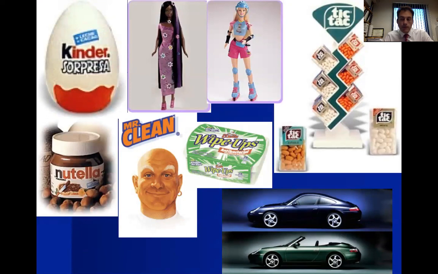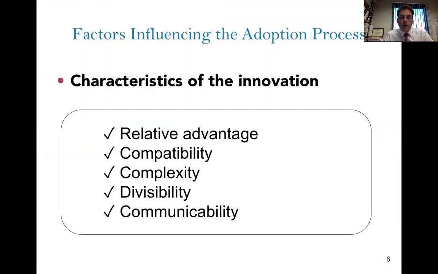These are just examples. So when you have a new product and you want people to recognize it as a new product, you want to have some advantage. As much advantage as possible, so that they see a differential between what you were selling before and what you sell now. It needs to be compatible, which means that they can use it easily. It cannot be too complex. If the innovation is too complex, for the most part, it's going to be appreciated by the experts, but consumers in general won't understand. You need to be able to identify the elements of innovation, so that you can separate them and eventually talk about them through the communication or information about this new product.